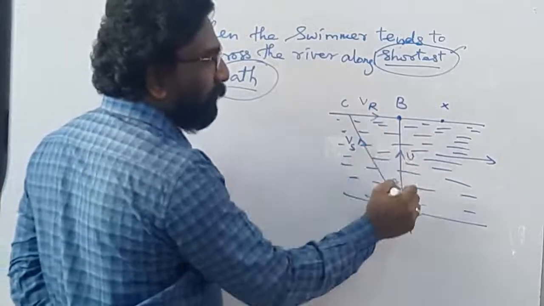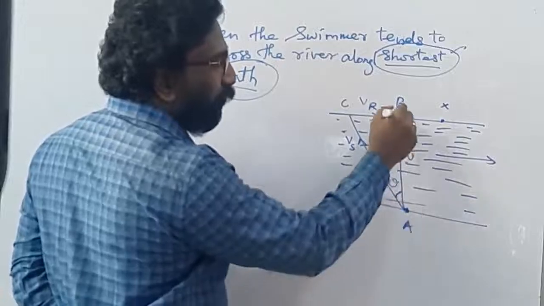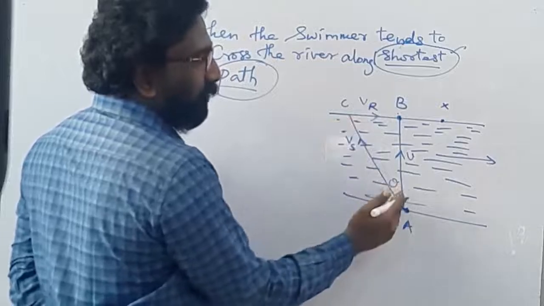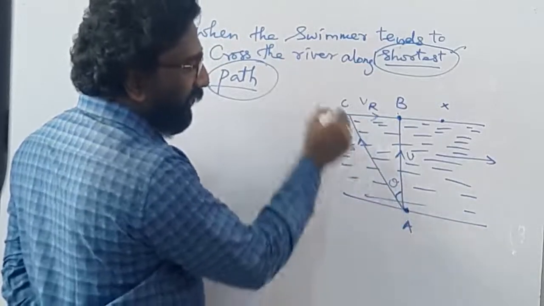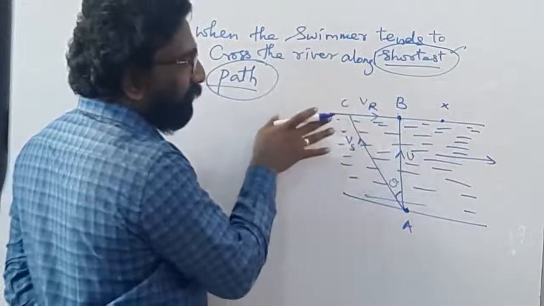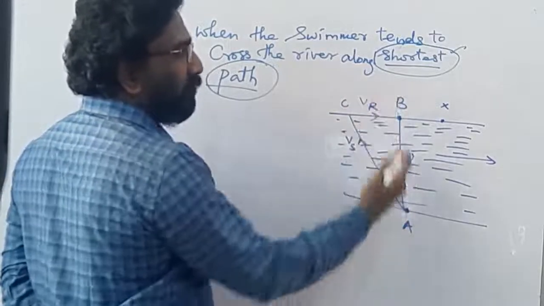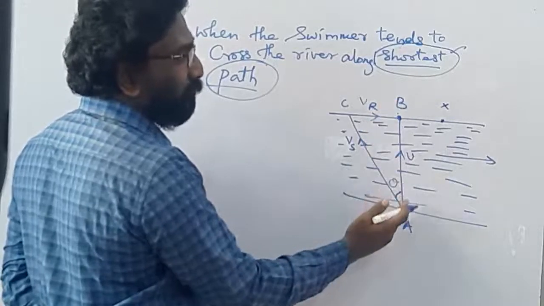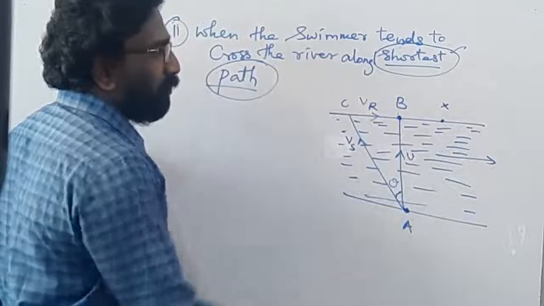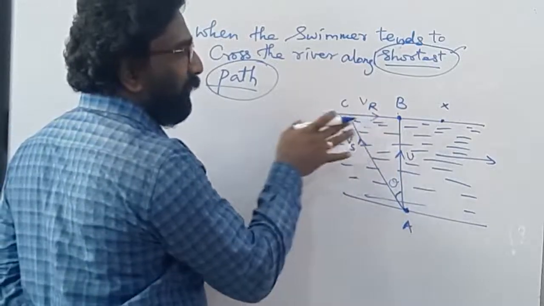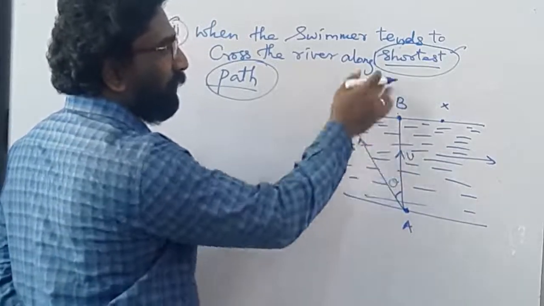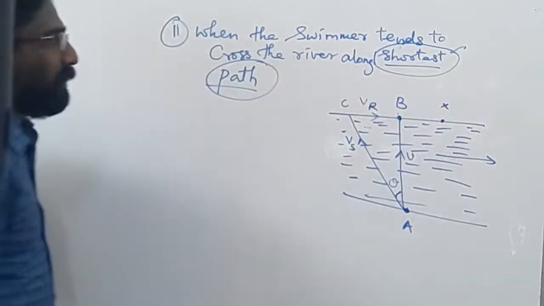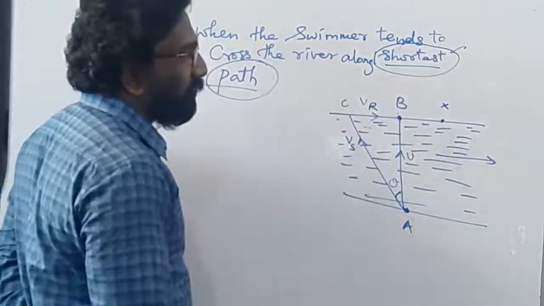If I try to swim in a perpendicular manner, instead of ending up over here, I'll end up here. So this becomes my longest path. So in order to cross the river in the shortest path, he has to take an angle in this direction, and even though the water currents come into the picture, he'll reach the other bank in the exact way that is perpendicular to the flow of the river. So this should be the diagram, and this should be his intention in order to cross the river in the shortest distance. So now let us try to see the formulae related to this particular concept.